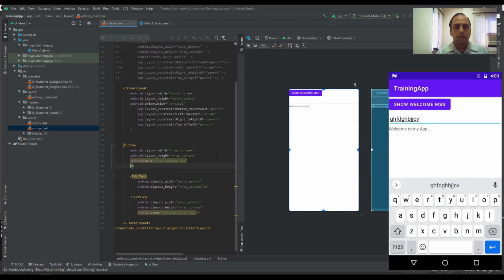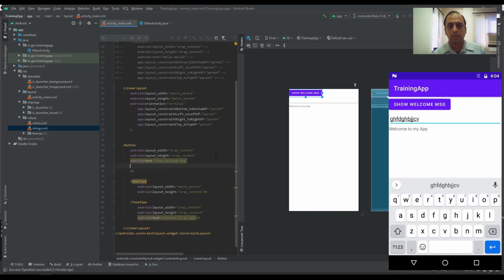So there are two ways you can run a piece of code when you click on this button. You can define inside the XML which subroutine or which function you want to run when the user is clicking that button. Or inside the Java file, when the activity is created, at that time you can define that this particular button has a click listener. That click listener will do this job when it is clicked. Okay, so first we will see the first method where we will define within the XML which function has to be run when a button is clicked.